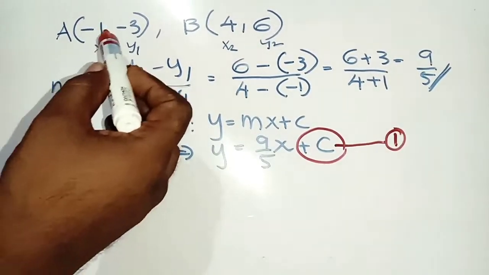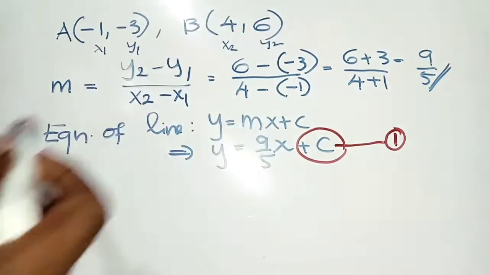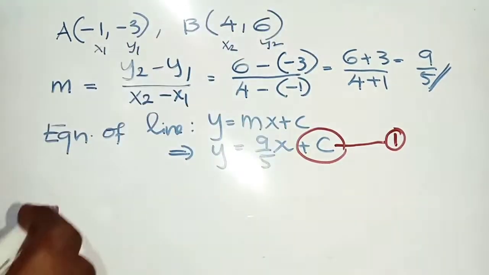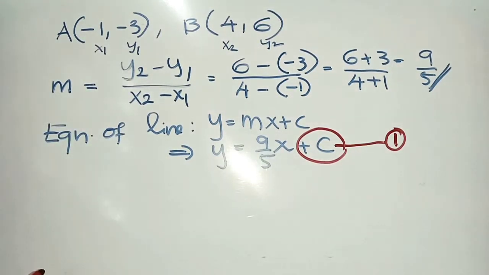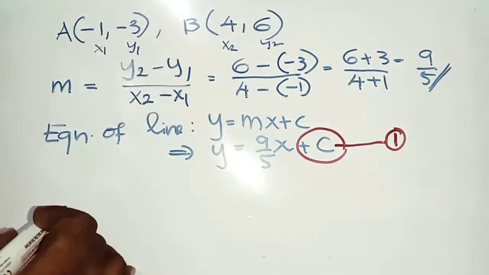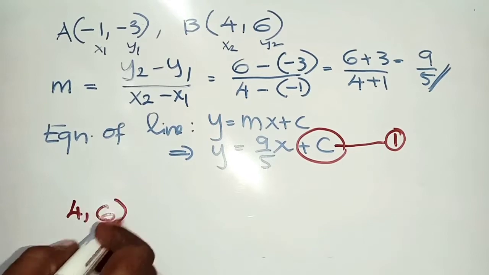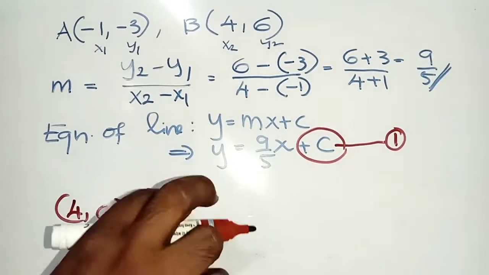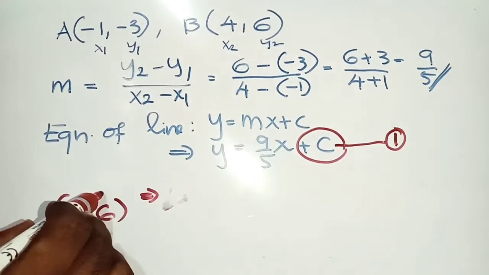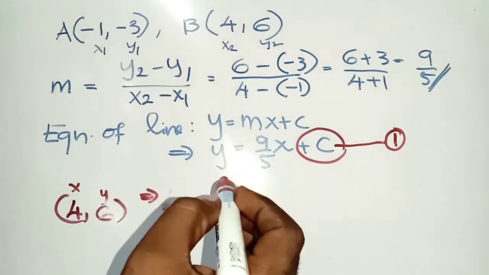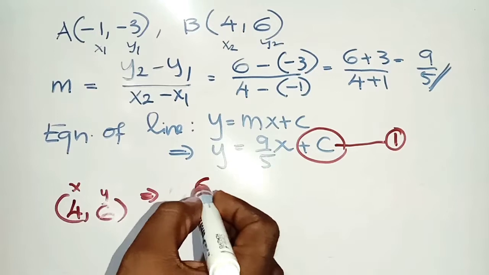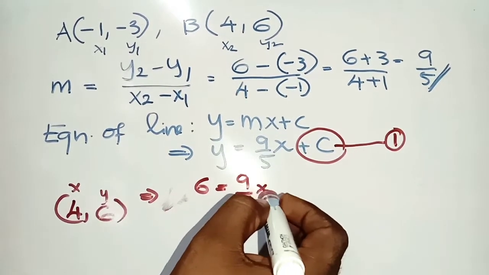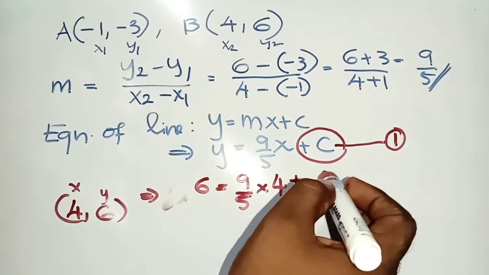For that, let us take any one of these points. Which point do you like to say? I'm taking (4, 6), which is the convenient simple one. You have to take it. Okay, so if you take the point (4, 6), what is the y value here? y is 6 and x is 4. So we get 6 is equal to 9/5 multiplied by 4 plus c,